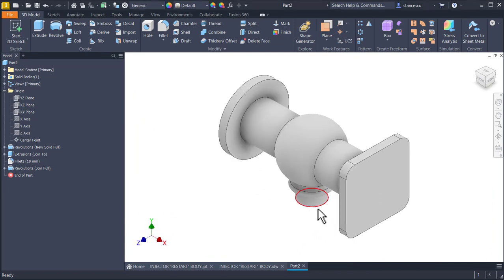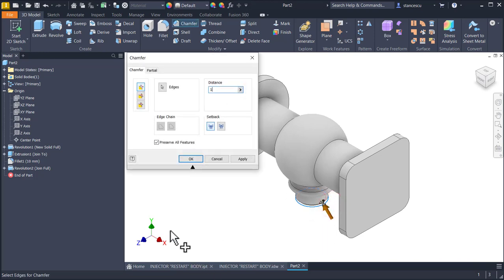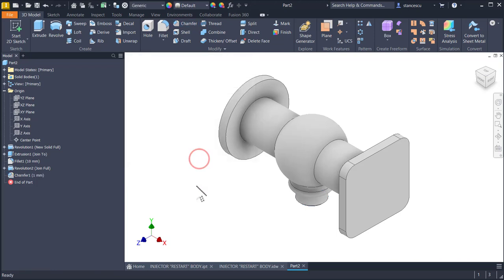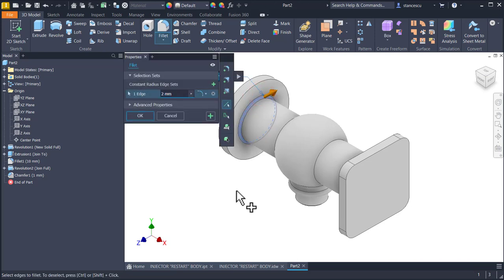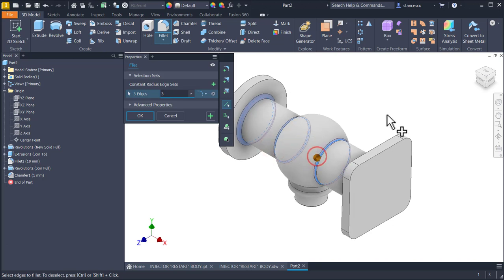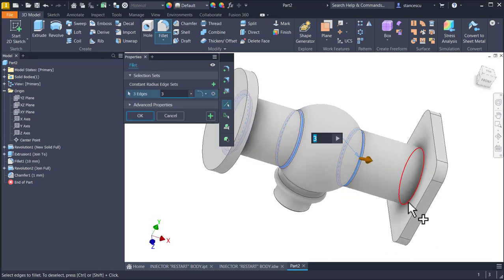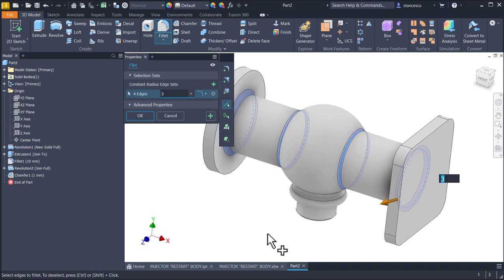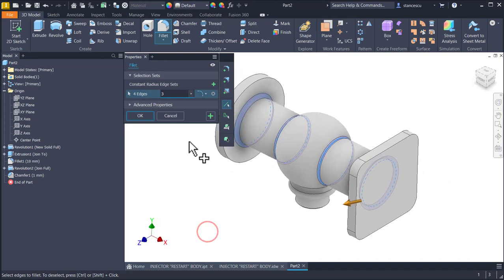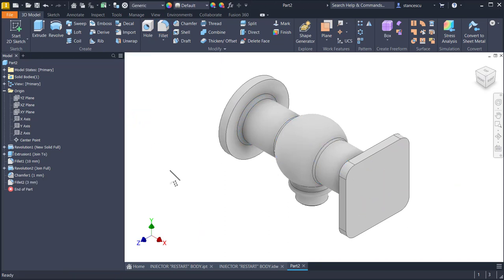We apply here a chamfer of 1 millimeter at 45 degrees, and to not forget 3 millimeters outside. We have 3 also inside, but I want to be sure with this. The other